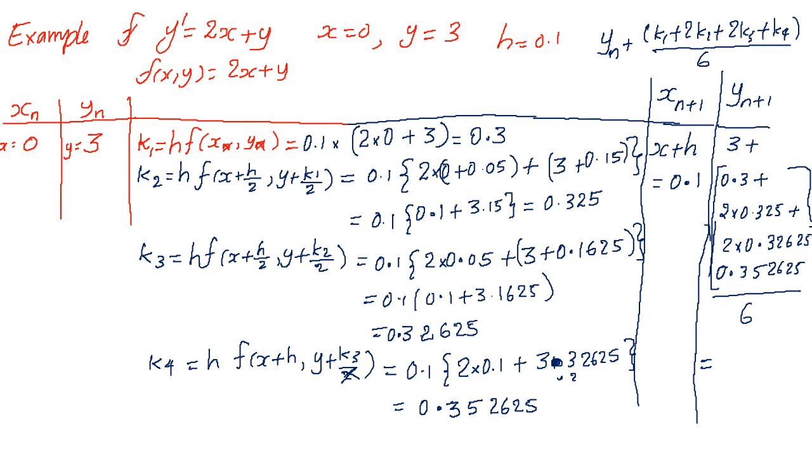So you may try that, and you will get some yn plus 1. I'm not wasting time. After calculating these steps, you will get xn plus 1 and yn plus 1. So starting from xn, yn, we can arrive at xn plus 1 and yn plus 1. These are the steps involved. Hope you understood. This way you can reach the next point. You must do this iteratively. We'll explain the algorithm while we do the programming.